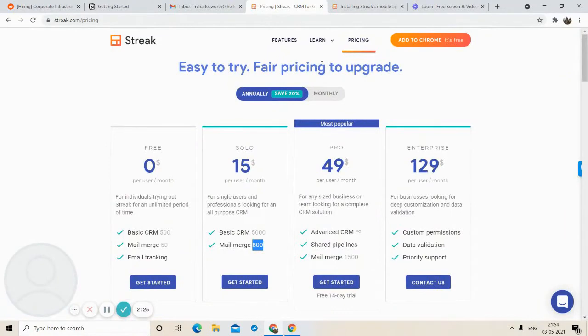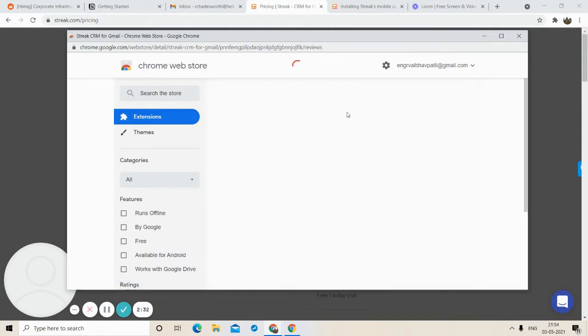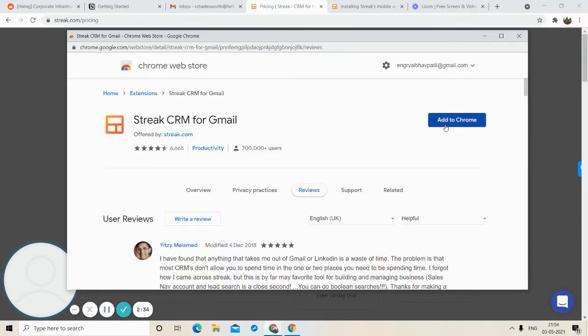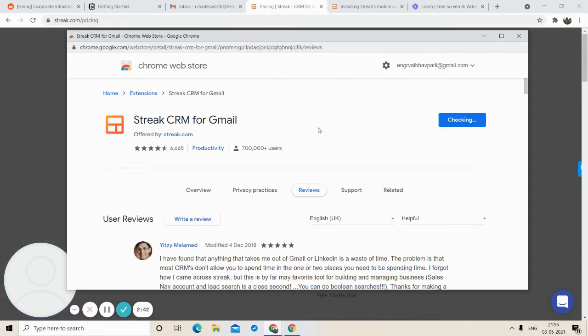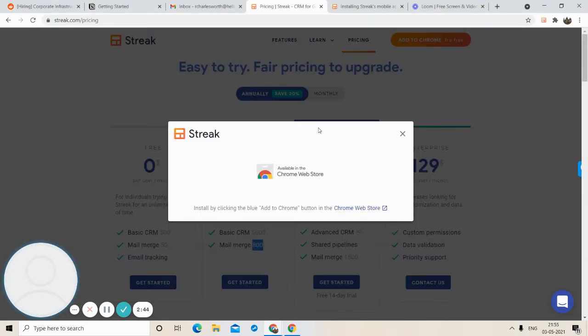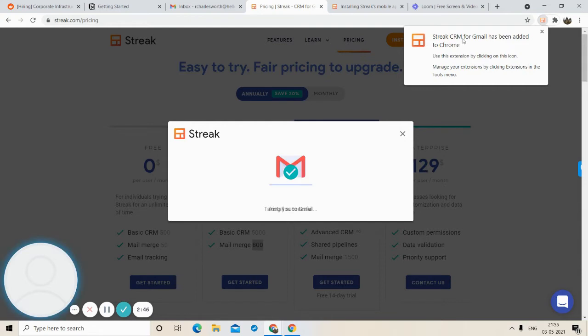Now to get started, all you have to do is click on Add to Chrome. Sorry for the wind and the disturbance noise in the background. So all you have to do is click on Add Extension. You can see Streak CRM for Gmail has been added to Chrome.